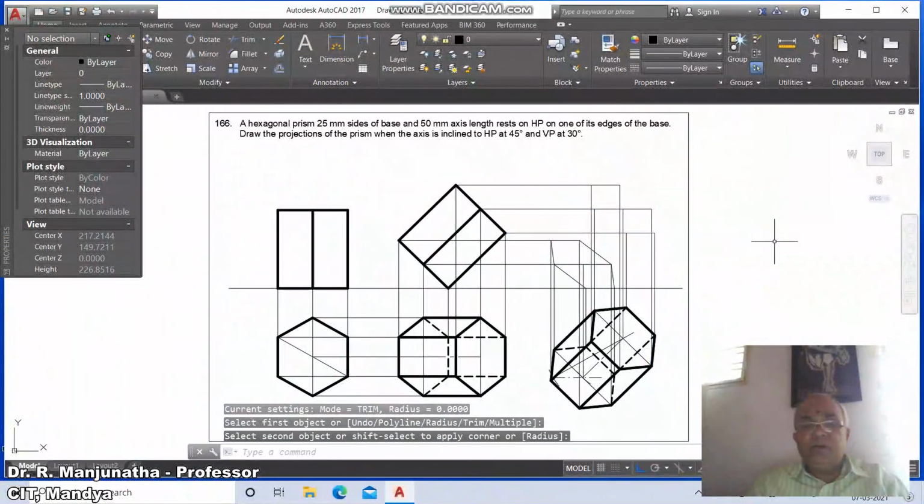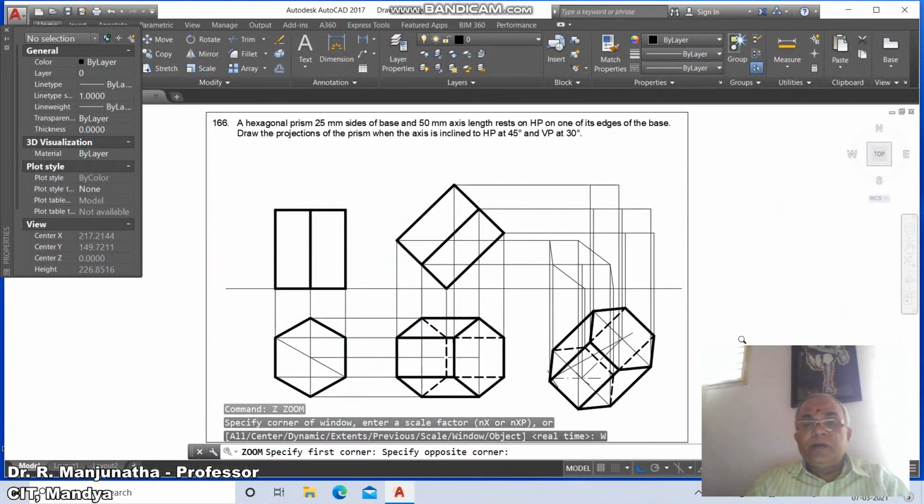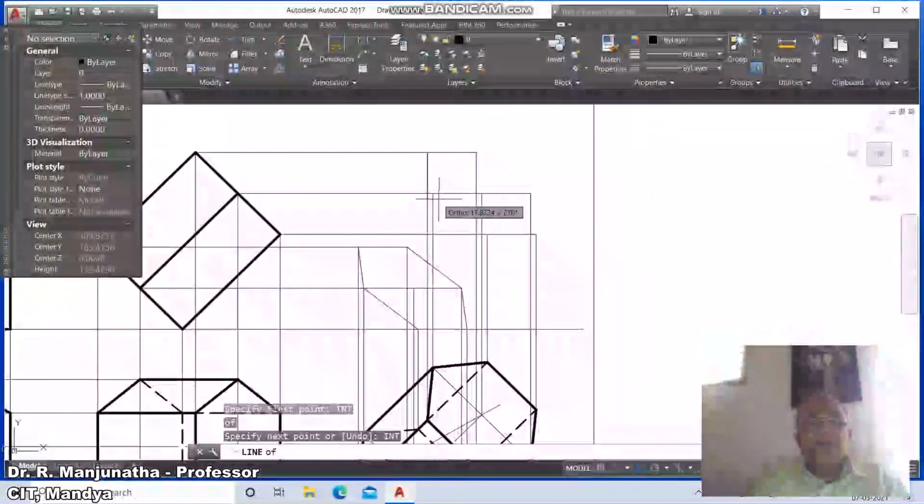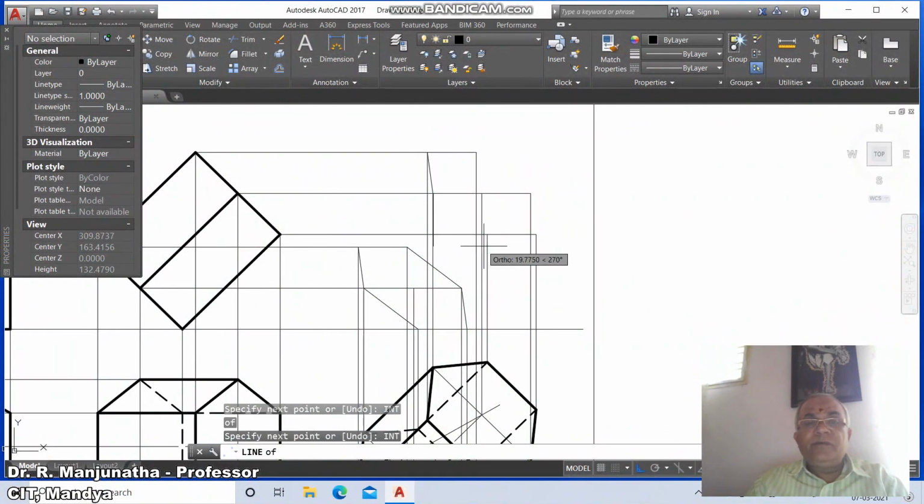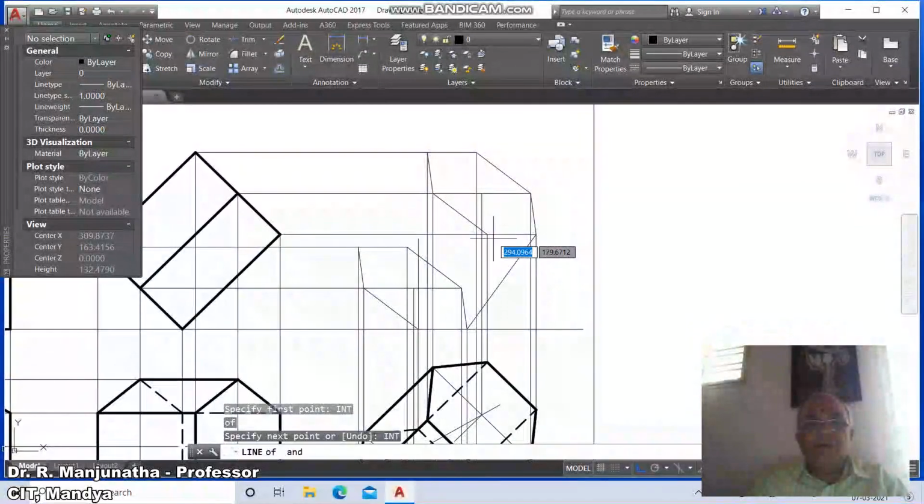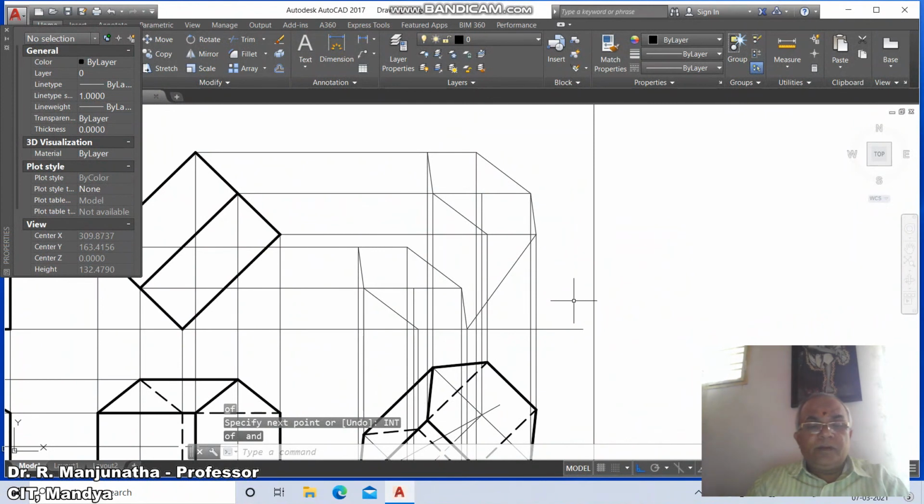Then go to fillet between these two, then go to zoom window, then go to line, take int of this, take intersection point of this, then go to int of this, then go to line, take int of this, int of this, and take int of this, and here you draw to this point, then go to line, int of this, and take intersection point of this, go to line, take int of this, and take intersection point of this, then go to line, int of this,